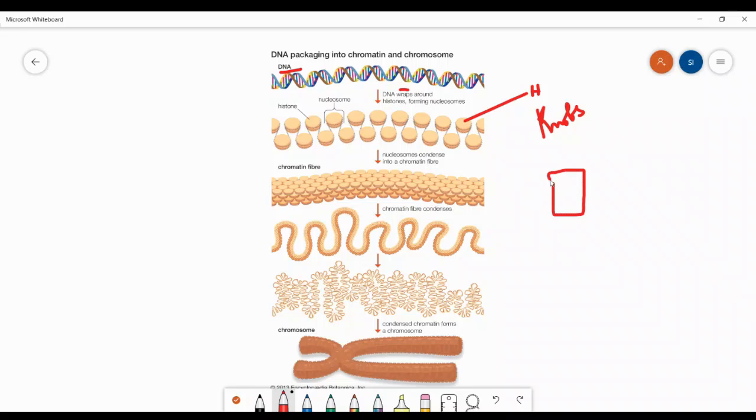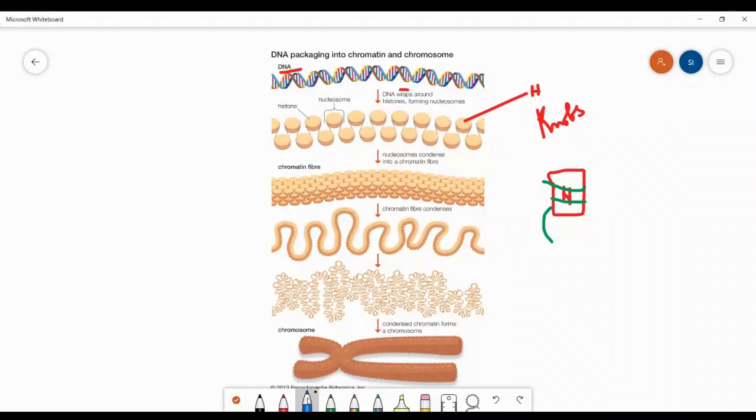This is the knob or histone, and you can see how it is depicted here. There are two. So it is bound or wrapped around the histone proteins. That is the first step in chromosome formation, because the genetic material DNA